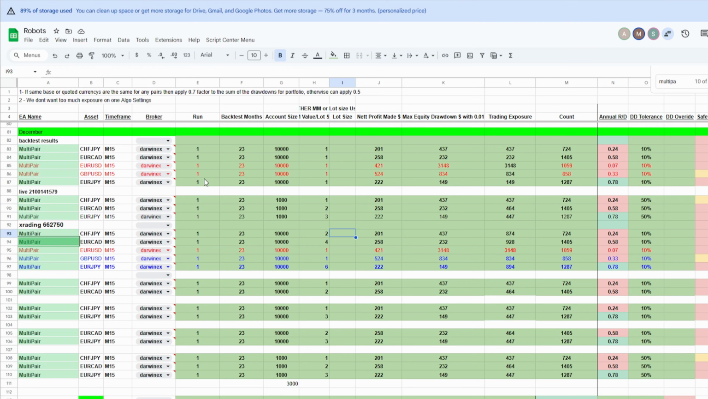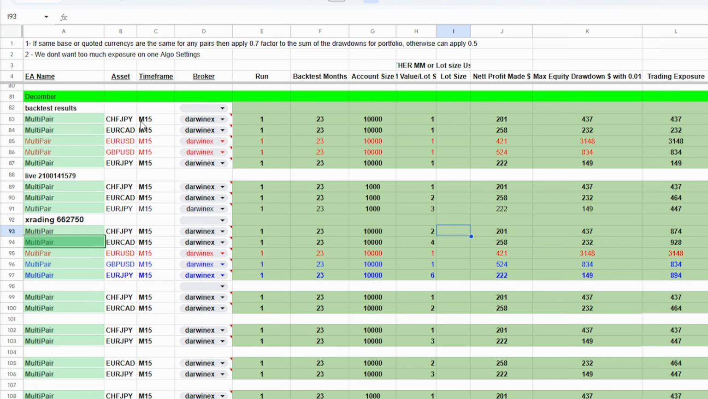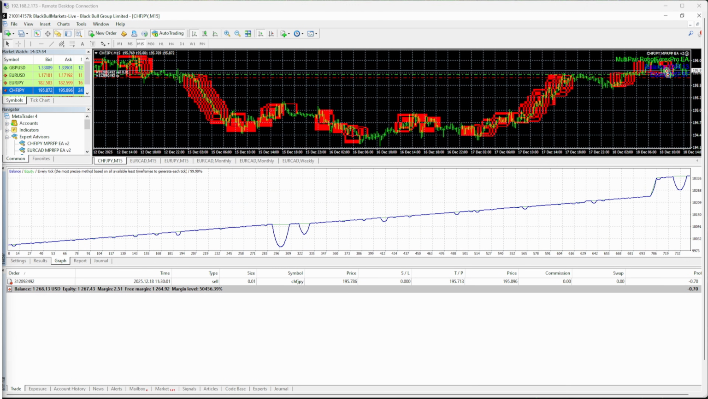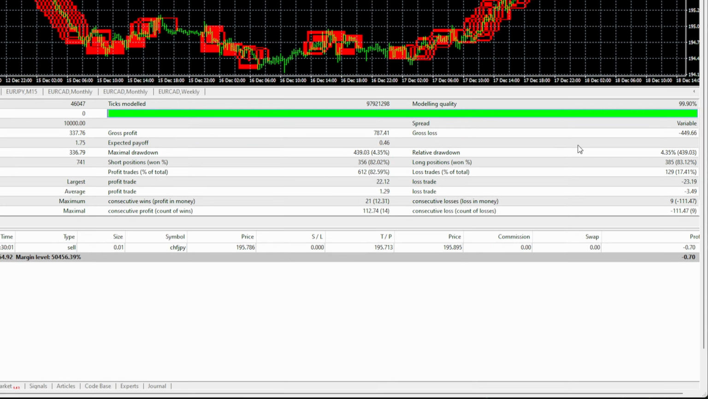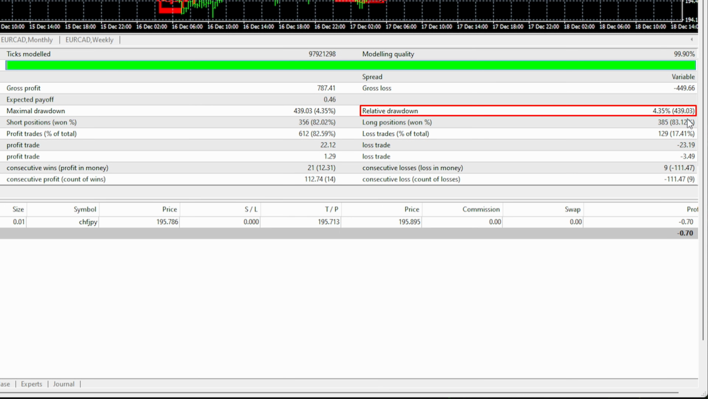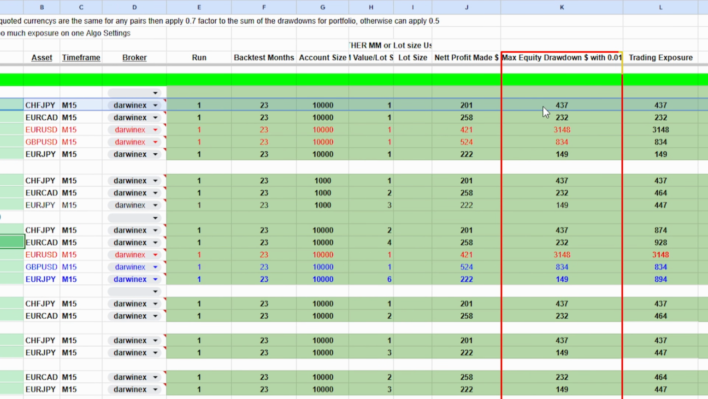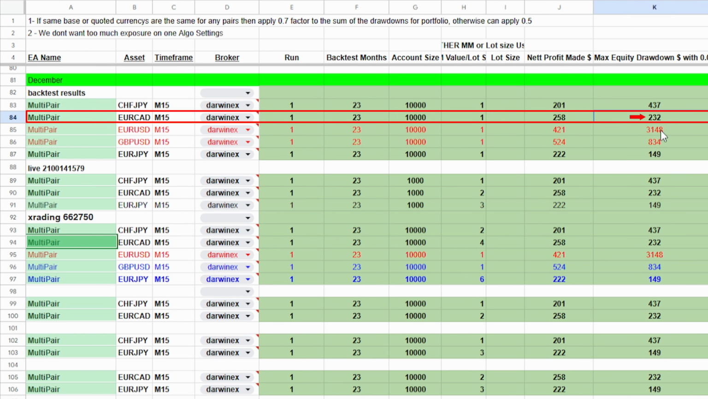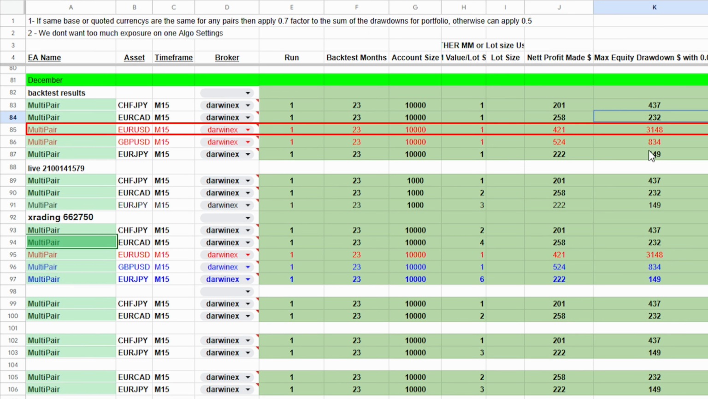So we've put together in a table the backtest results, and you can see that for the Swiss yen, the backtest that we've made on a 10k account with the minimum lot is very similar at 437. I think with the backtest that I just did, it is very similar, yeah, 439. And you can see that for the other pairs, drawdown is absolutely different. So with the euro cat, it is 232. With the euro dollar, check that out,